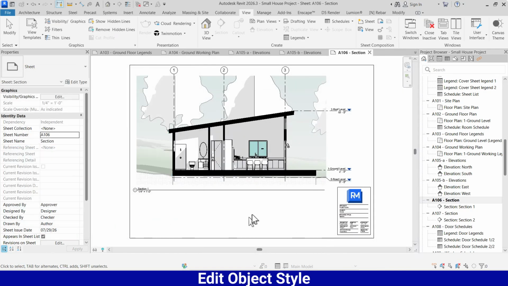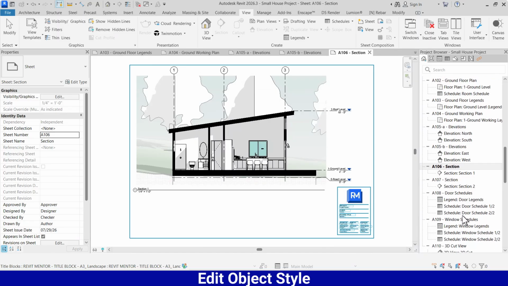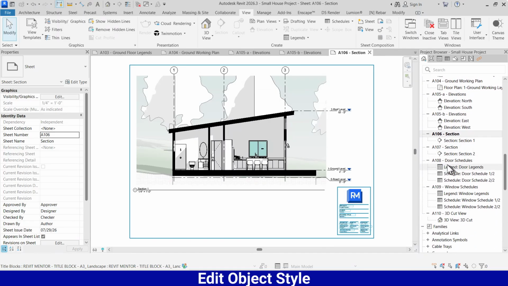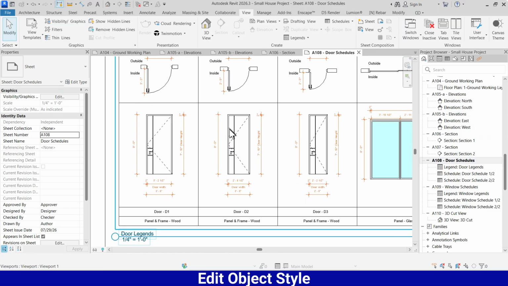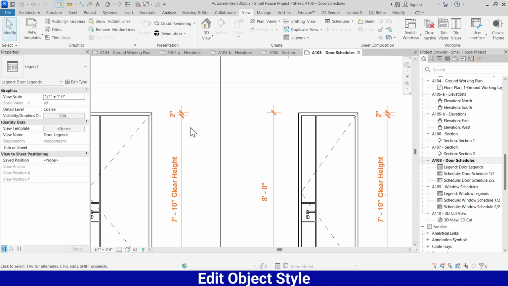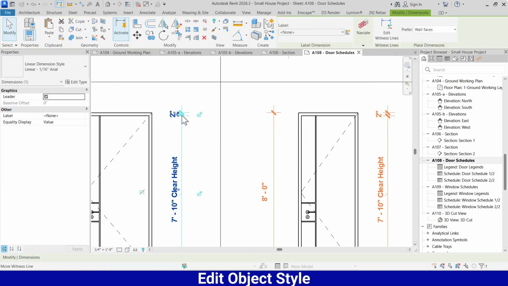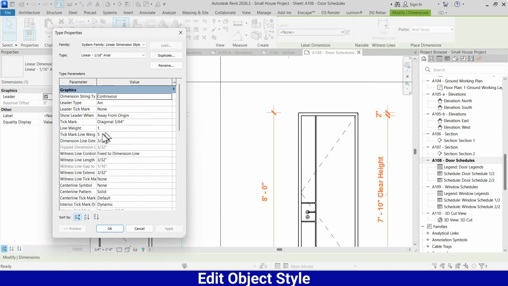Okay, and then okay, we have another section here. Now we have those schedules. For those schedules, there is no need to change the visibility graphics. You have to check the dimensions. If we see the dimension line is much thicker, so again click it, edit type, and from here make it 3, that is fine, apply, and okay,